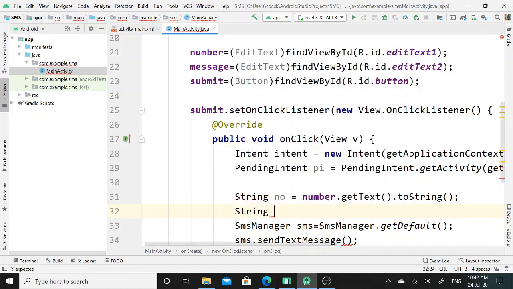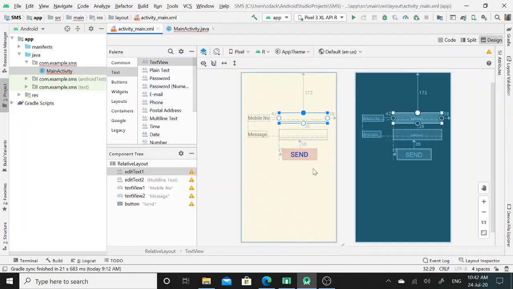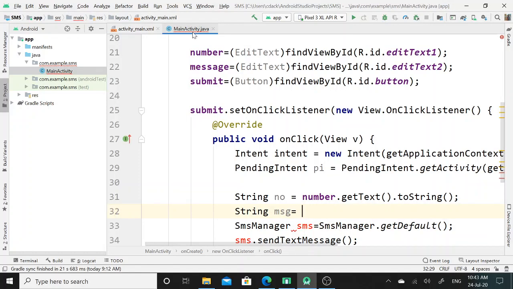Again I will create another variable, that is msg, which is also of string data type. In this next edit text, the user will enter their appropriate message, so to assign that message to this variable I will take the help of the message reference.